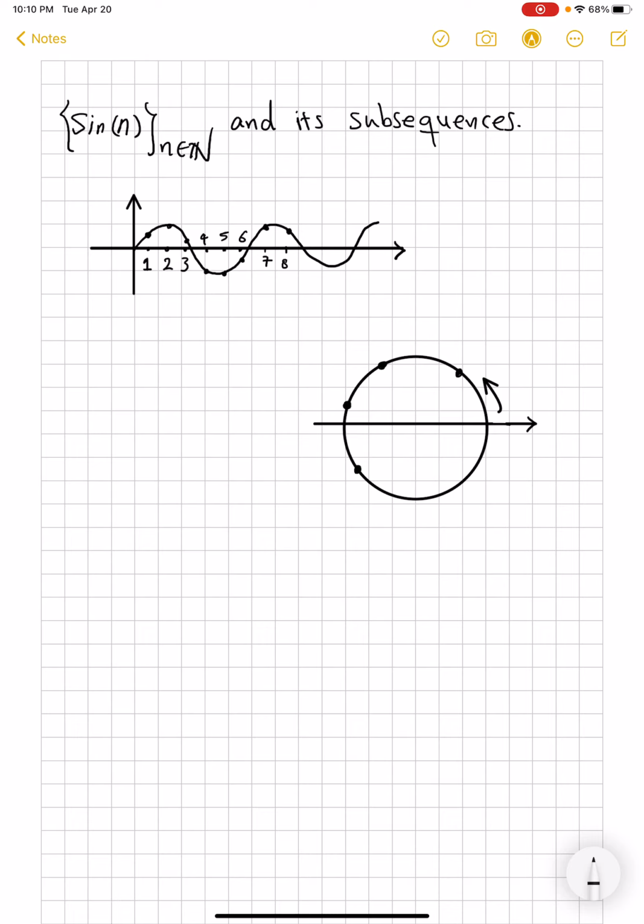So 1, 2, 3, and pi is 3.14 something. So 3 happens just before pi, and the sine values, of course, are along the curve. And you again see the different y values that it takes in the positives and negatives similarly. But actually to